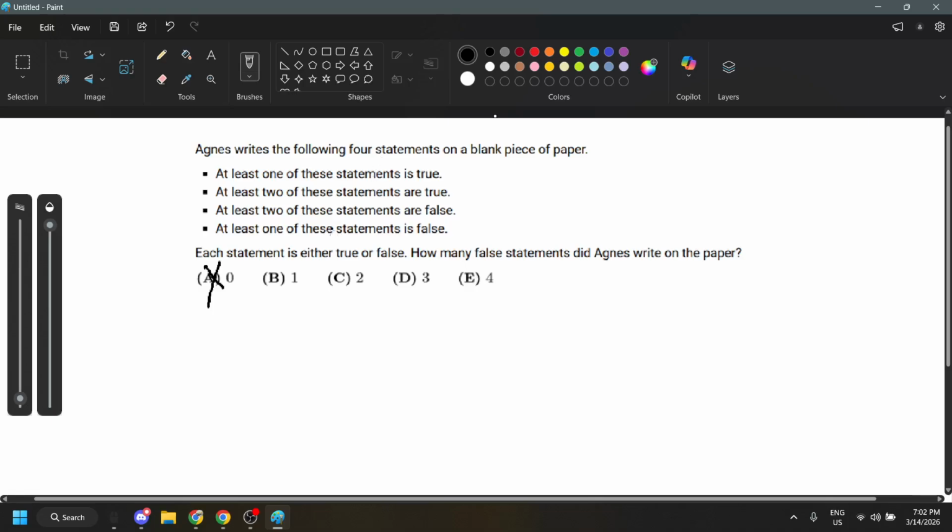It can't be B either. Tell me why it can't be B. Well, using your logic for the first one, since the two second ones say that at least two or one of them is false, but we're assuming that one of them is false, but that's stating that two of them are false. But if answer option B says that there's only one false statement, then